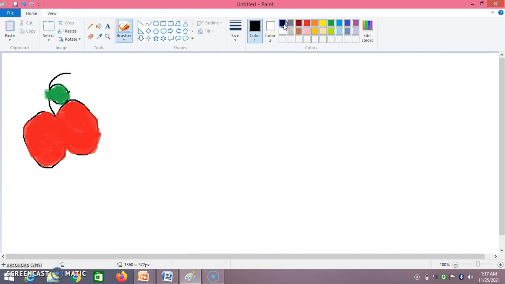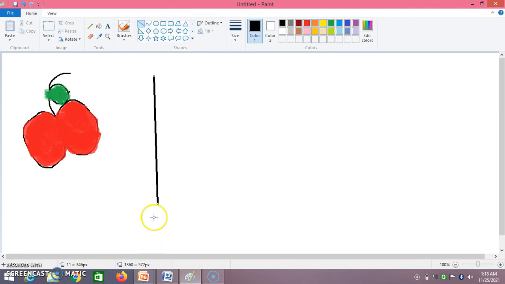Now I'll use the line tool. Select the color as black, Color 1. I'll go to the size. Select the pencil, go to size, thickness, black color I have selected. Now I'll go to the line. I want to draw a line. Draw some figure.